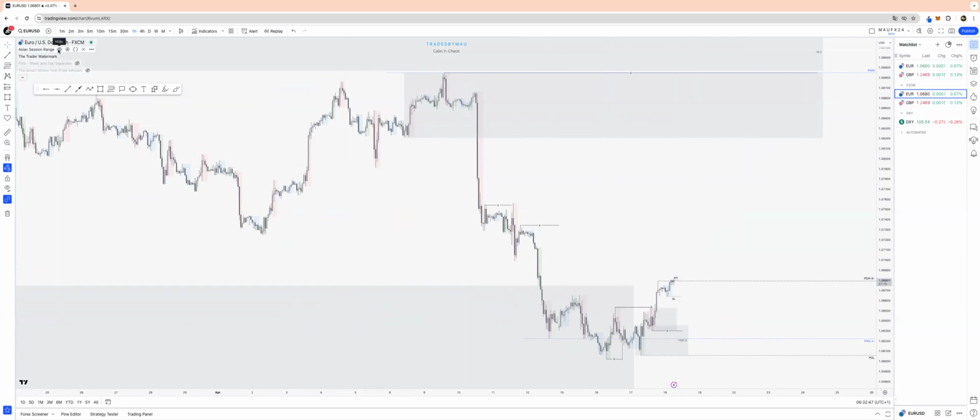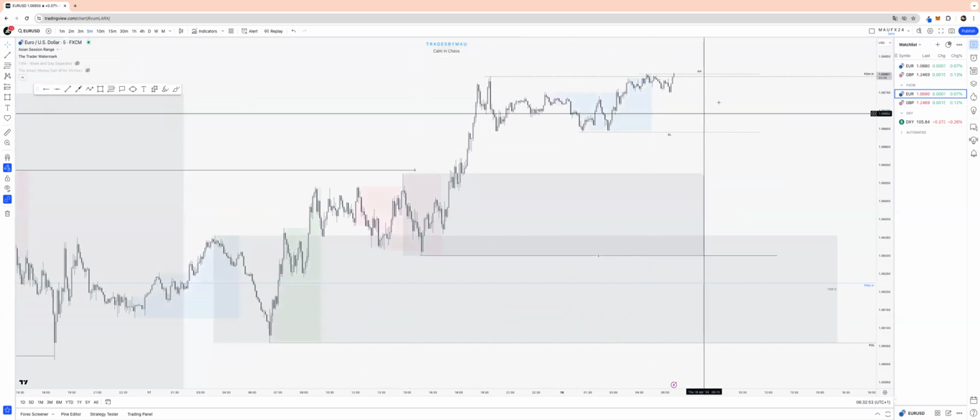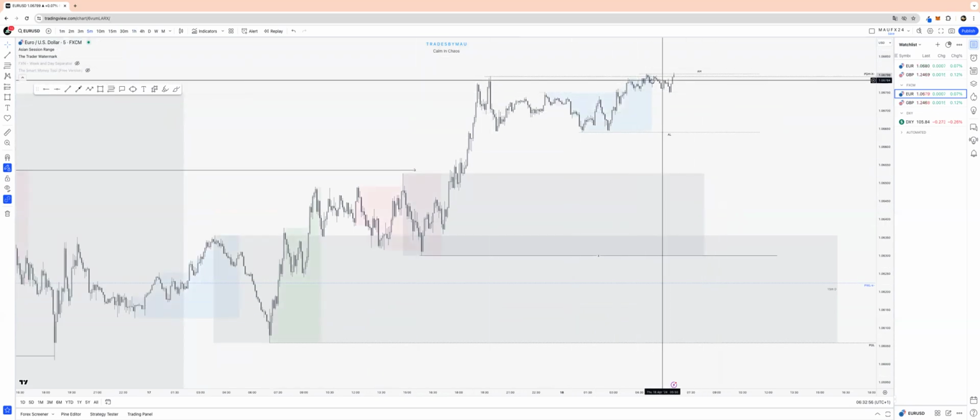And yeah, that's it for today. So we are above previous daily highs. We are above Asia highs. We can look for potential little shorts. We have a set of early sellers there,